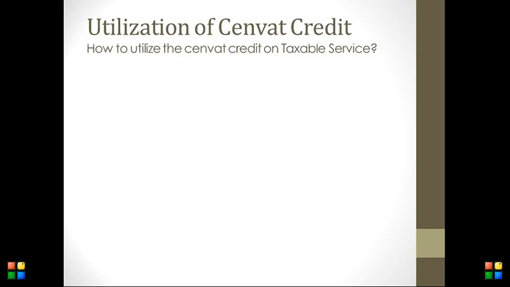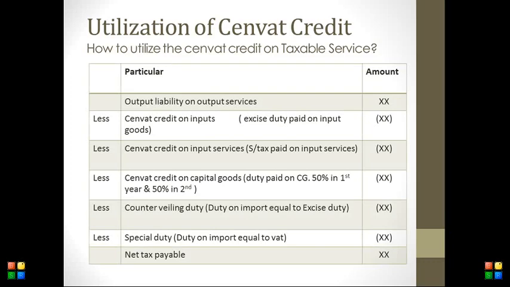But what happens in the case of taxable services? In the case of taxable services, the output liability of output services, that means the service provider's liability, less Cenvat credit on inputs, that is excise duty paid on input goods, that means whatever machinery or material is purchased by the service provider, the Cenvat credit on those goods, that is excise duty paid. Cenvat credit on input services, that is service tax paid on input services. Cenvat credit on capital goods, whatever capital goods are used for providing the service,